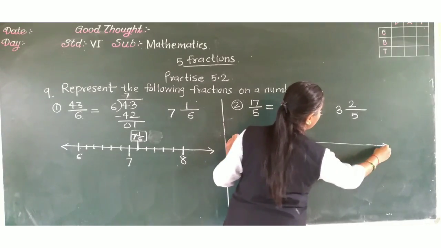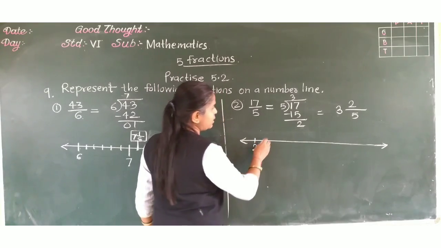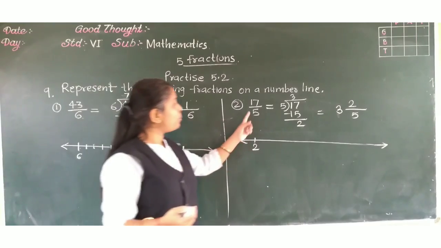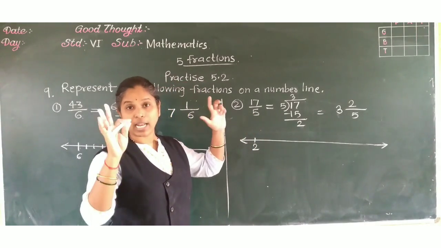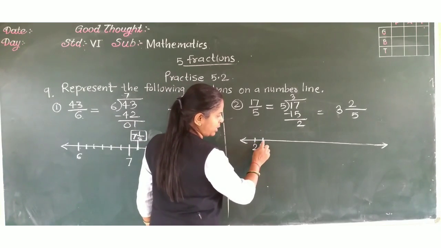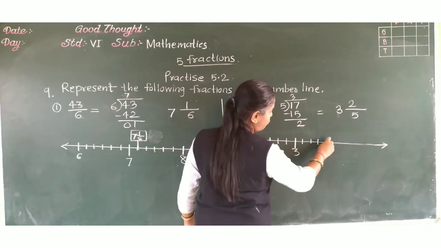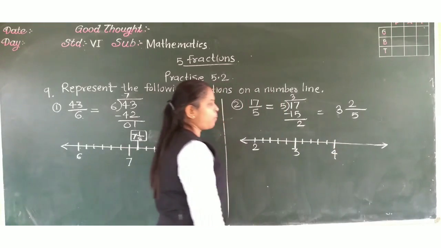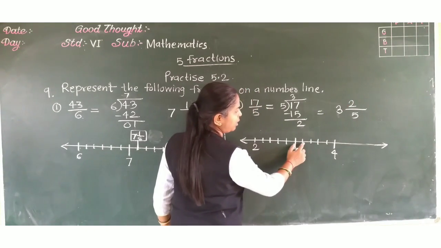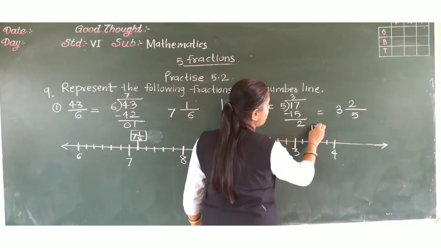Now represent it on number line. Okay. So I now have 3 whole number. Now before 3, 2 lies. So I will start from 2. Now how many equal parts should be there? 5. Means 5 lines should be there between 2 and 3. So 1 after 2. Count this 1, 2, 3, 4, 5. Here 3 will lie. 1, 2, 3, 4, 5. Here 4 will lie. Okay, like this. So now see after 3 second line. After 3, 1 and 2. Here this is 3 and 2 upon 5, or you can write 17 upon 5.